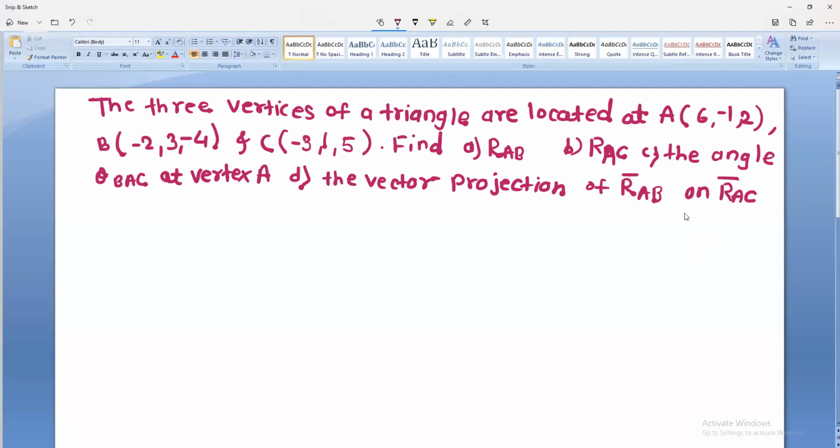Okay. So this is also a simple example, only language is difficult. Actually, 3 points are given. You can convert these points in Cartesian coordinate system, that is in x, y and z terms. Then you can find vectors here, AB, AC, and then find theta BAC. Okay. And to find theta BAC, again you use the dot product formula.